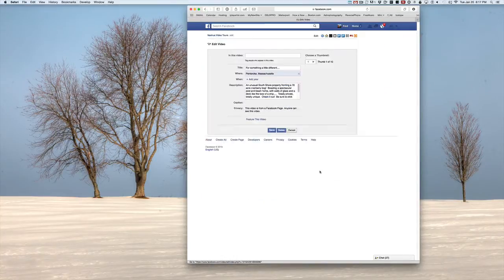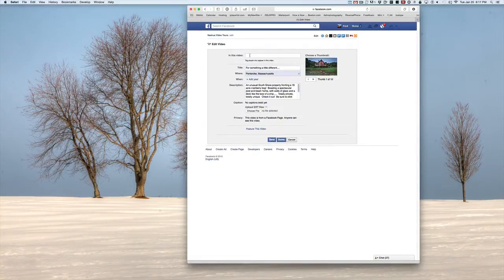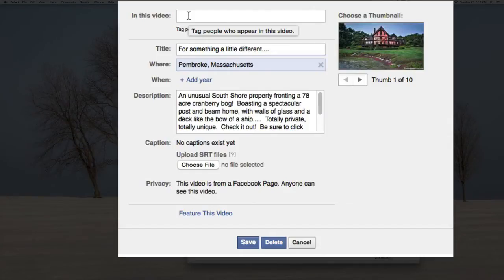Click on that. Now, there are a couple different things you can do in this area where it says in this video, and this is really, really effective if you do it. If you are friends on Facebook with your seller, you want to tag them as being in the video, even though they're not technically in it. If you tag them as being in the video, it is their house, then that video will show up on your seller's wall for all your seller's friends and family and connections to see basically how you're marketing their